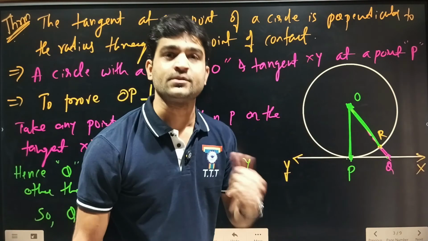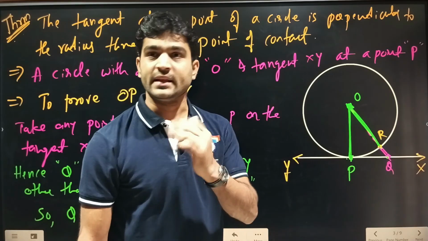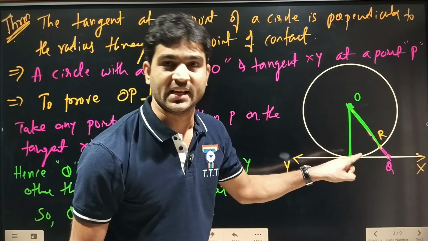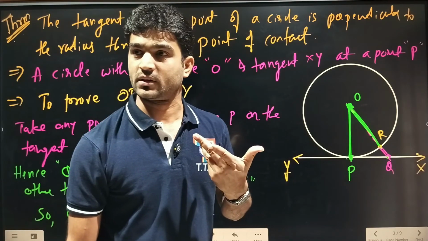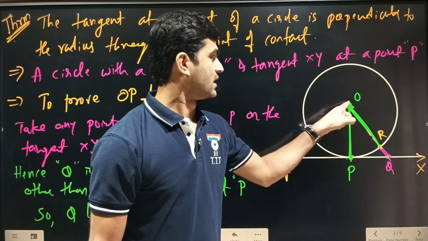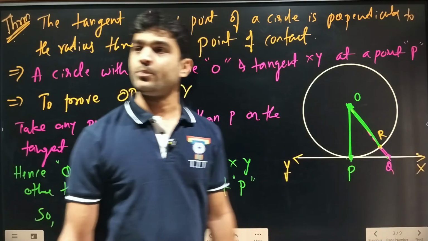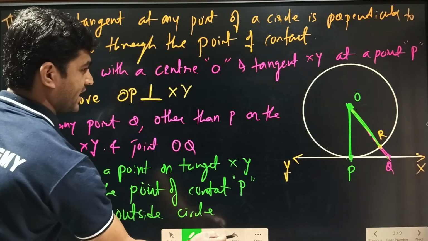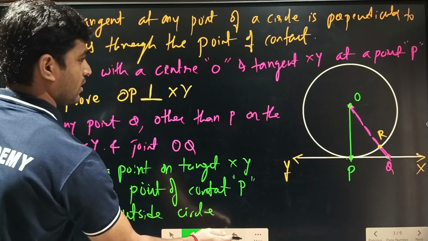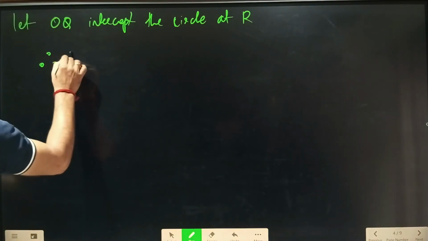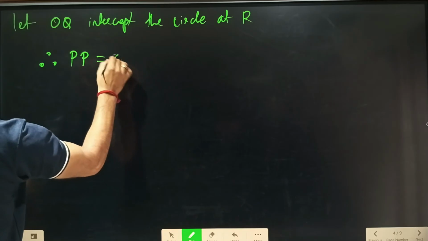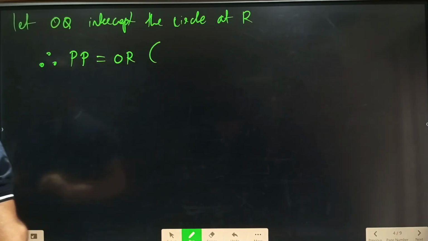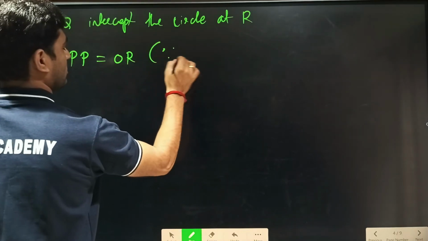Because both are radii of the circle. O to P is a radius, and O to R is also a radius. So OP is equal to OR, because both are